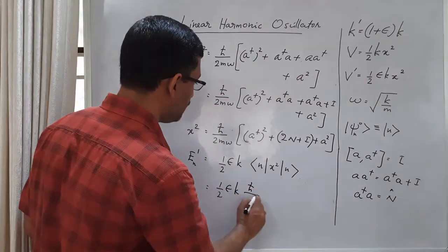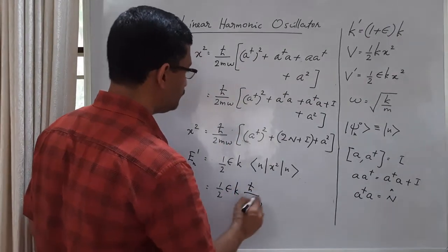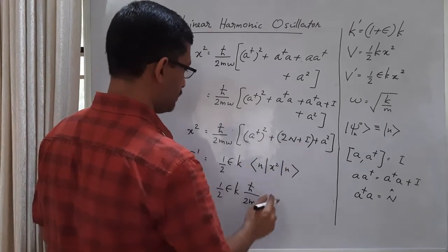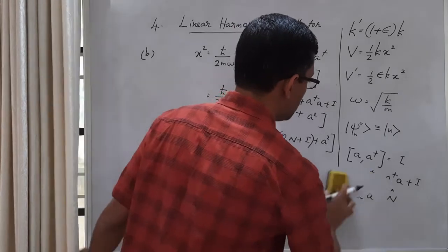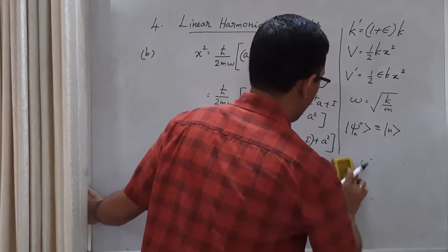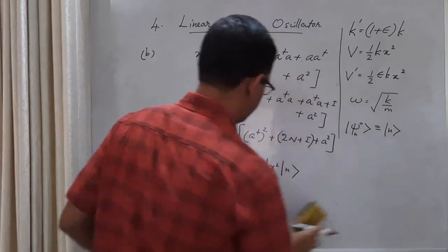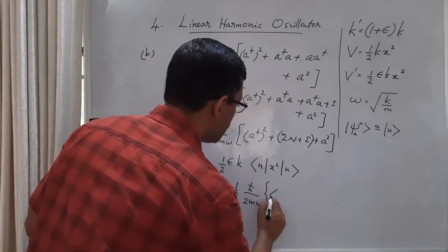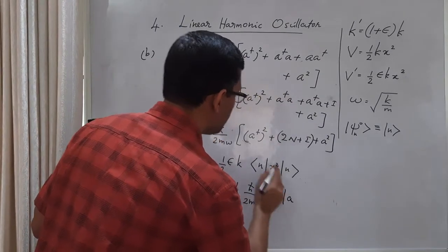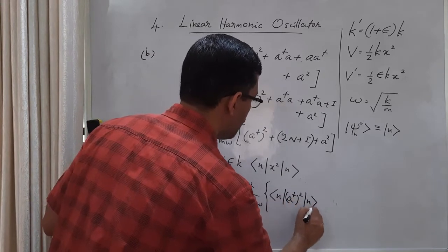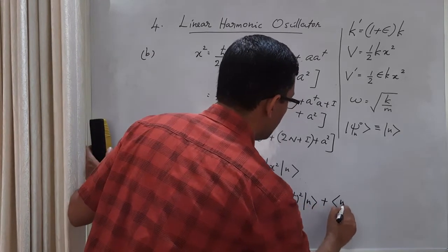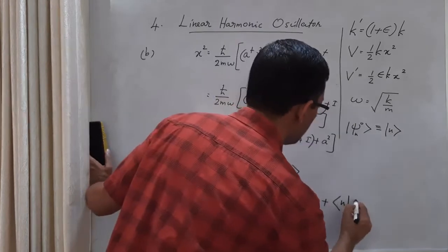So h cross by 2m omega. Then there will be 3 terms. Okay, so there will be 3 terms. The 3 terms are bra n, a dagger square, ket n, plus bra n, 2n plus I, ket n,